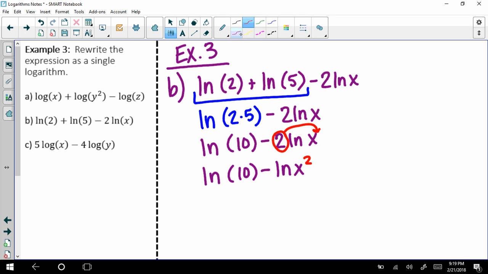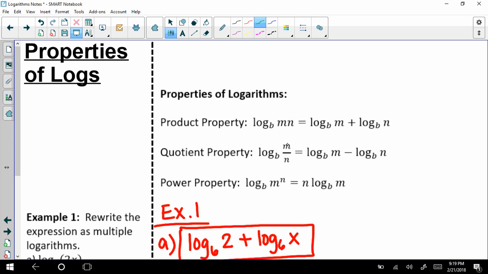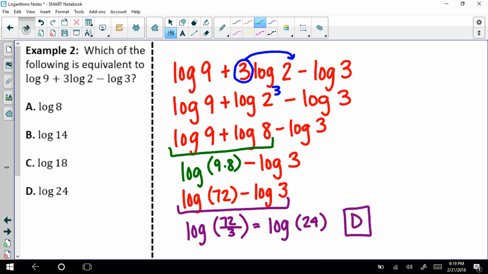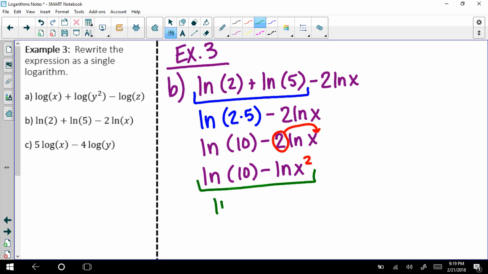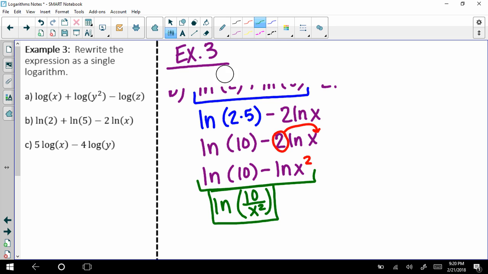And then I do the last step to clean this up a little bit. I see subtraction. So remember, subtraction means that you have division, and wherever the minus sign is in front of, that is your bottom number. So then we would have natural log of 10 over x squared. That would be your final answer. Okay. Then on part C,